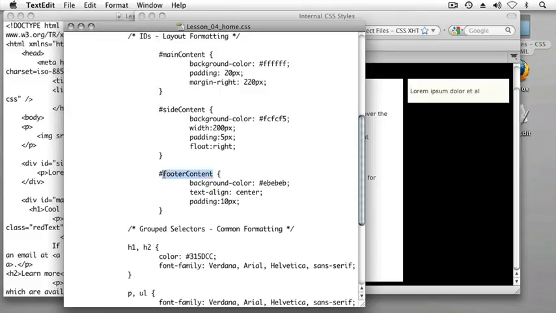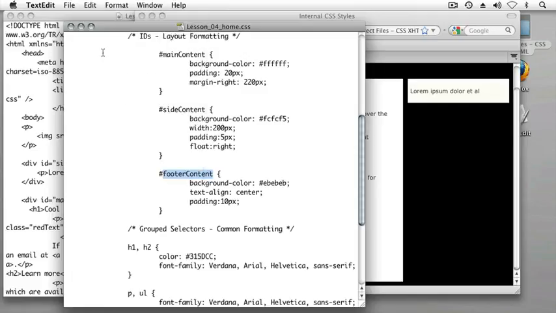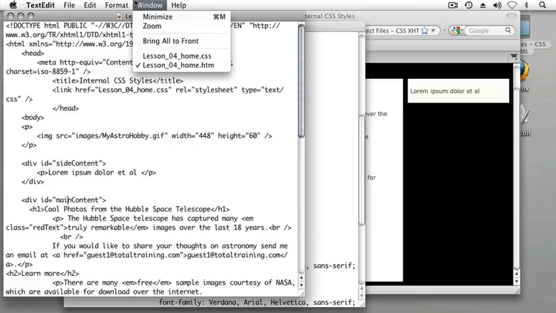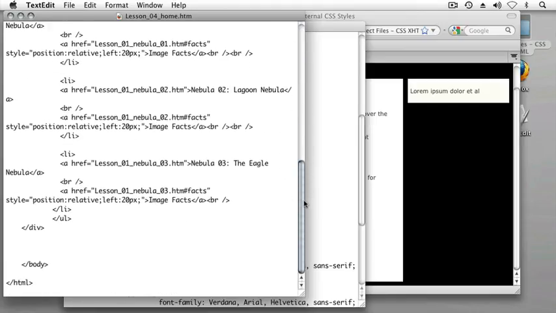and I might even copy the name of my ID into memory before I leave my CSS file, in case I forget what it is when I'm editing my HTML, so that when I switch over to my HTML file, which I'm doing in my HTML editing tool, and scroll down to the bottom of the page, so inside my HTML file before the closing body tag, we can create our new div tag, which I'll close immediately after I create it. And within that div tag, we can put some copy, such as